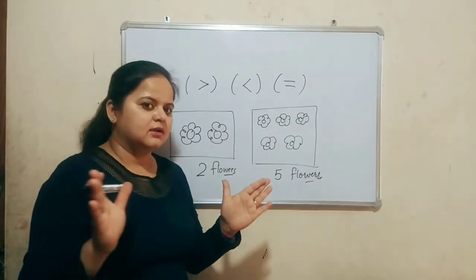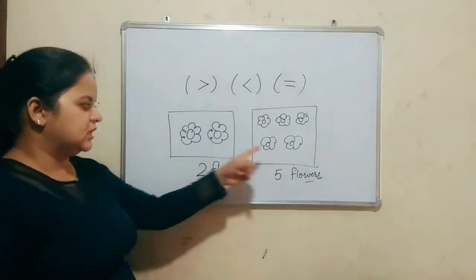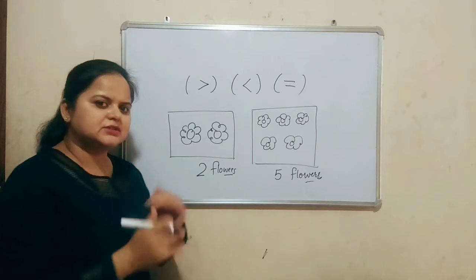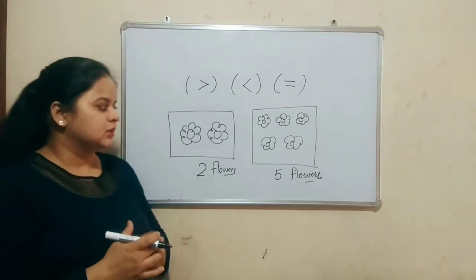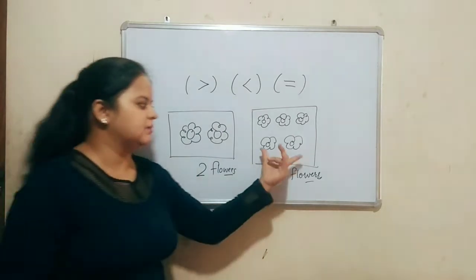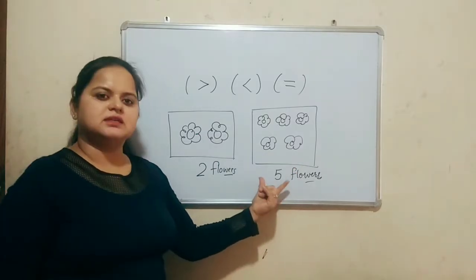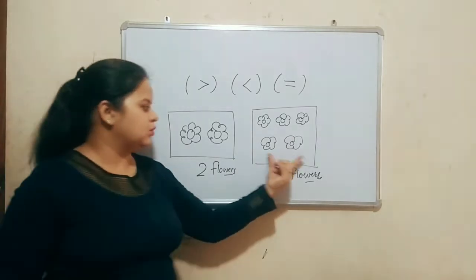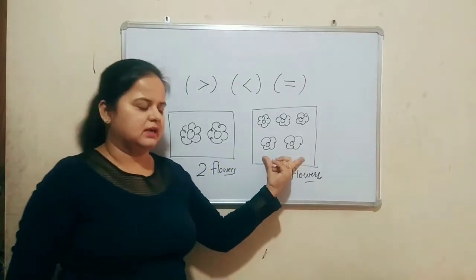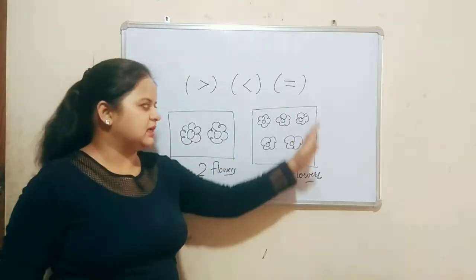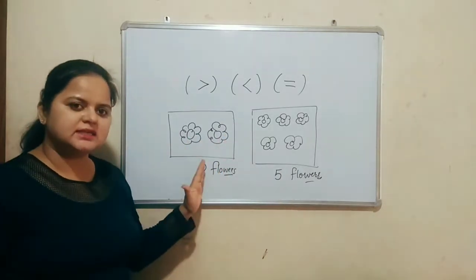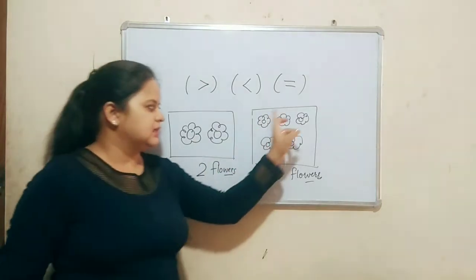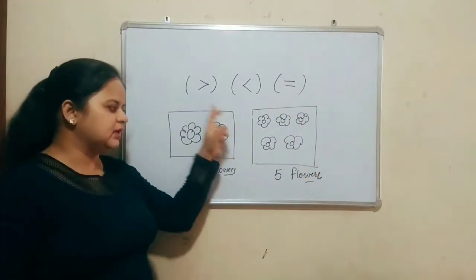More means ज़्यादा. Very good. This picture is showing more flowers, and this picture has less flowers, means कम flowers. So which number is showing the more objects? That number is greater than the less objects number. Okay. दोनों में से जिस पिक्चर में more flower है means more flowers. How many are these? 5. And how many are these? 2. So these are more than that. Yes, इस पिक्चर में more flowers है and इसमें less.